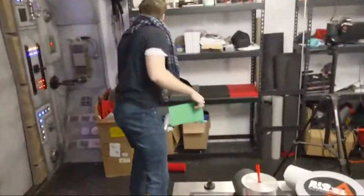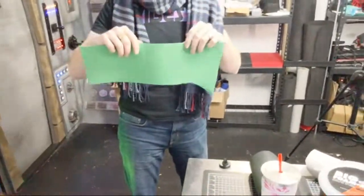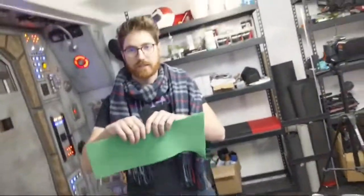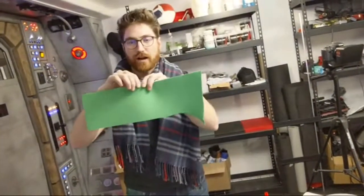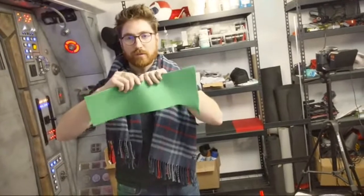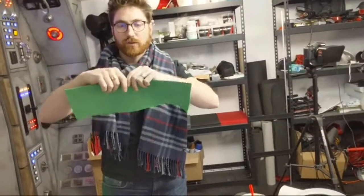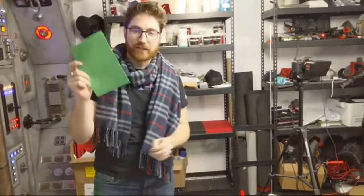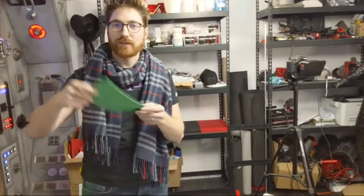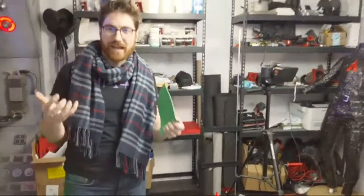Okay, so just to show you how much more durable and strong ours is. So this is just a regular piece of 2mm craft foam, similar to what you'd get pretty much anywhere, whether it's from a cosplay store or just from the craft store. And that's what happens easily. I tried to create straps once, to do a nice cool leather effect on 2mm. They weren't super integral straps, where they had to have a whole lot of